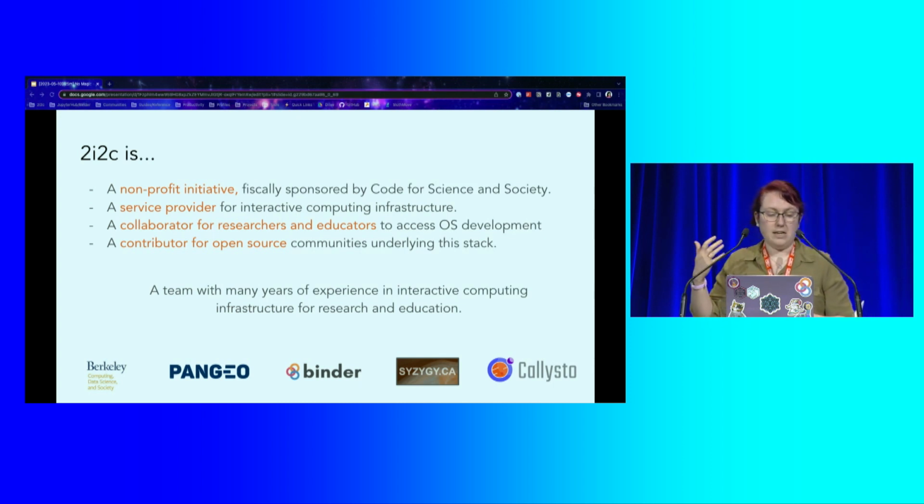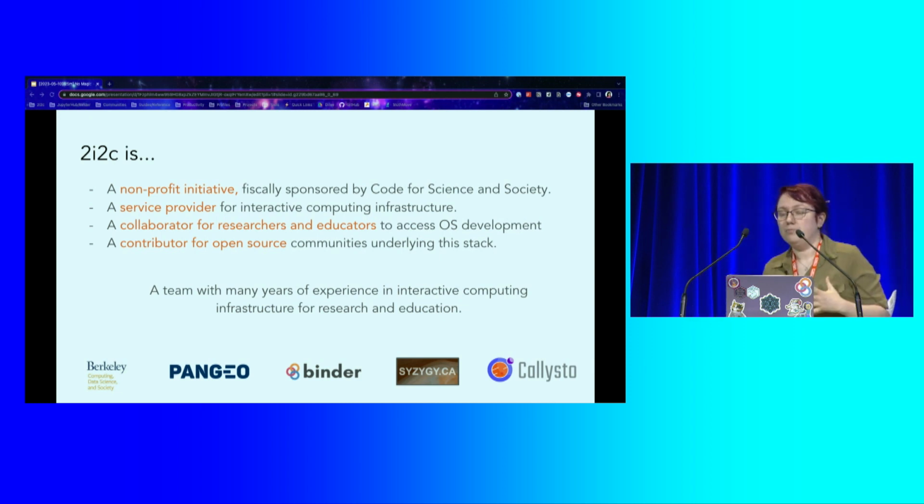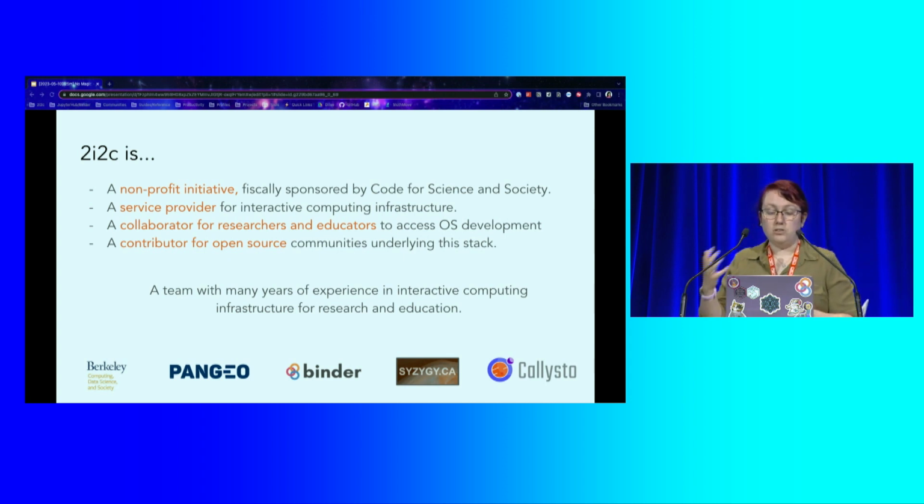We also act as a collaborator for these researchers and educators to access open source development in the space that they are working in. And we contribute to open source and try to support the communities that underlie the stack